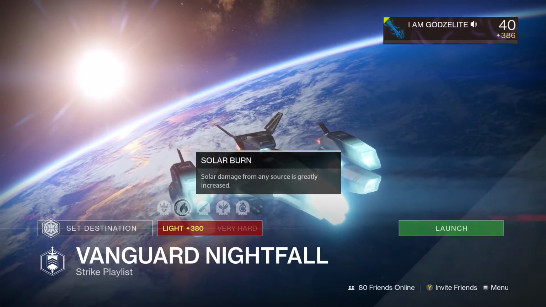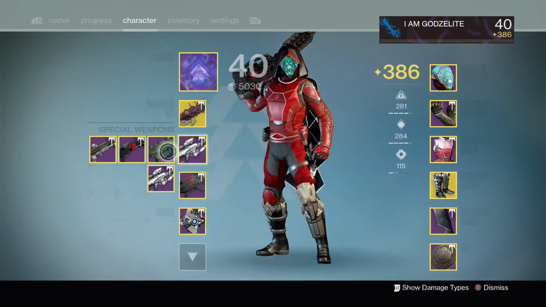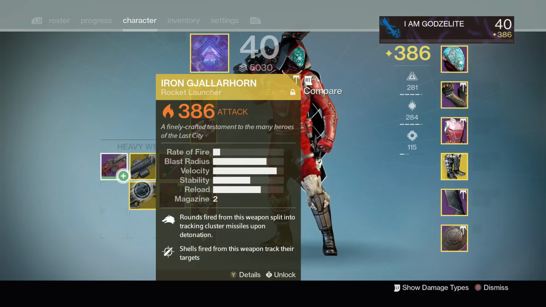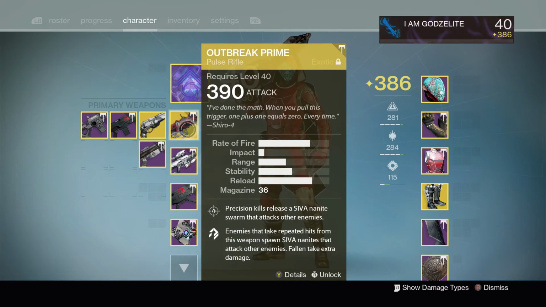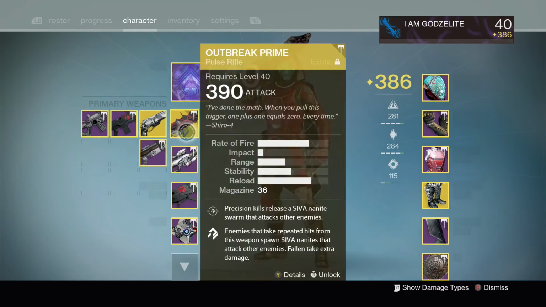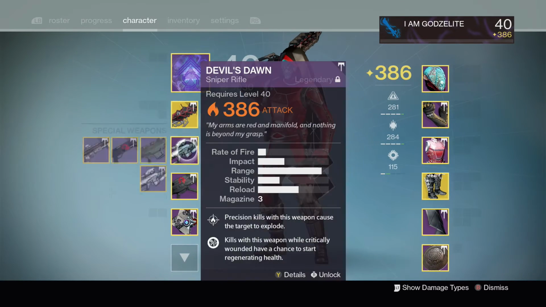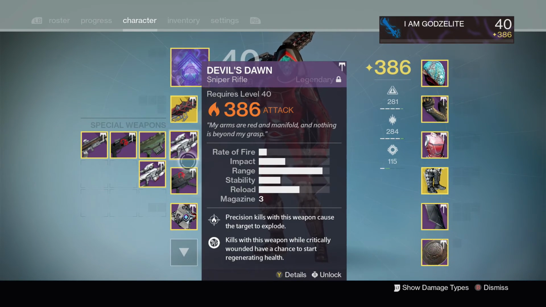It's going to be good for you to have a solar Devil's Dawn that's going to be able to do a lot of damage. It's going to be good to use the Gally this week. Gally is going to be a big thing, and you're going to want a high impact primary just so you can put the damage. I'm going to use my Chaos Dogma,